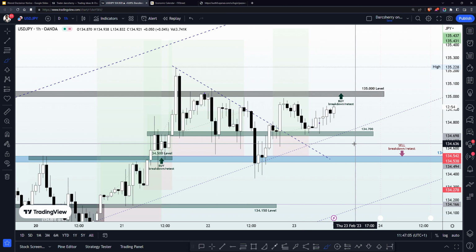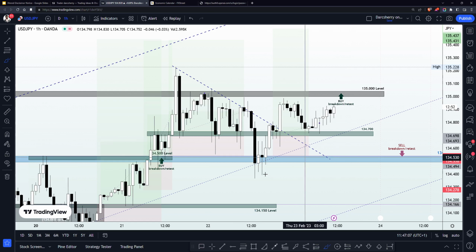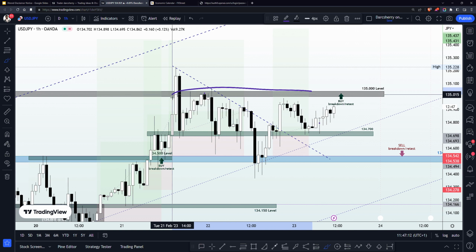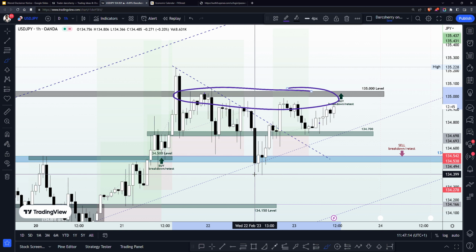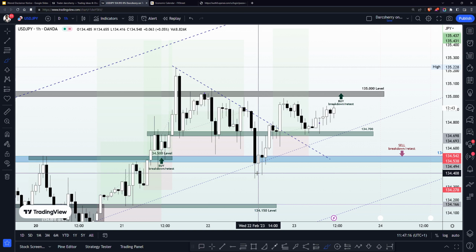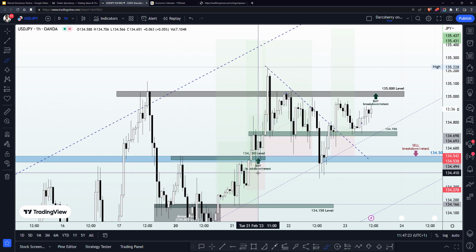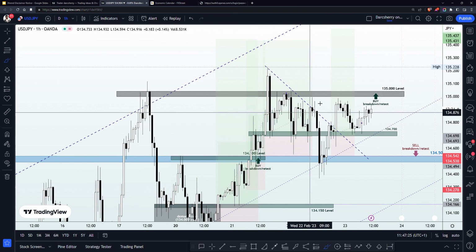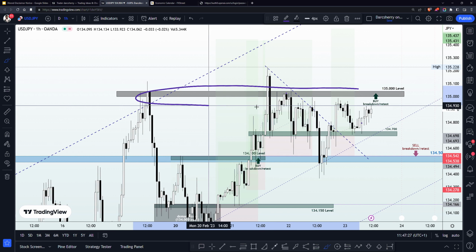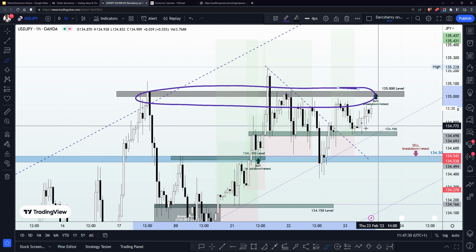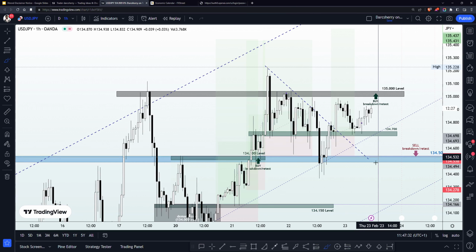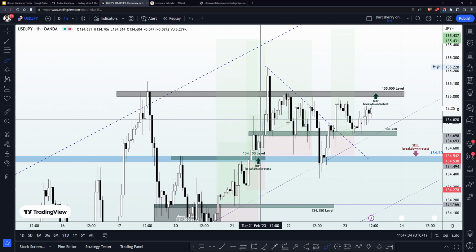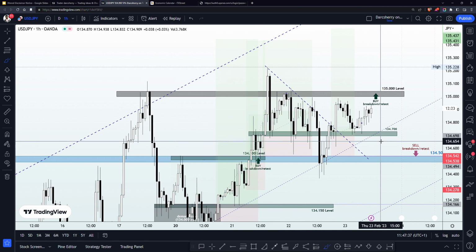Now, in as much as we continue to look out for buying opportunity, we should also take into consideration the selling pressure we have been noticing here since last week's trading session. And remember, I told you that the 135 level is the highest point price has ever been since the beginning of the year, and buyers still need some time to acclimatize with that current structure. So there is still a tendency that sellers could push price to the downside from that area as buyers gradually get used to this current zone at this point.